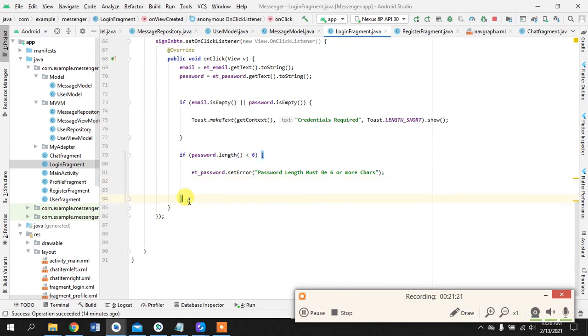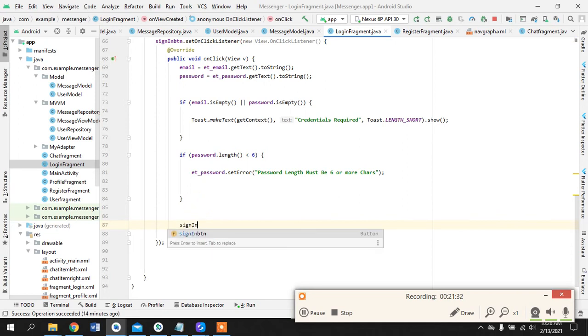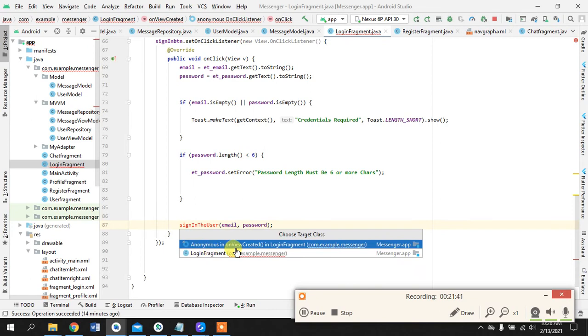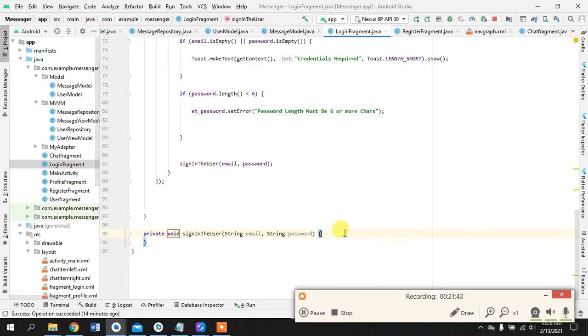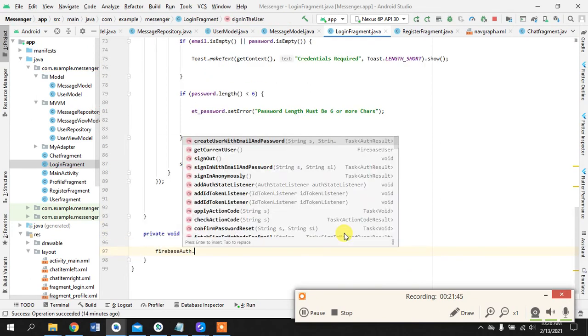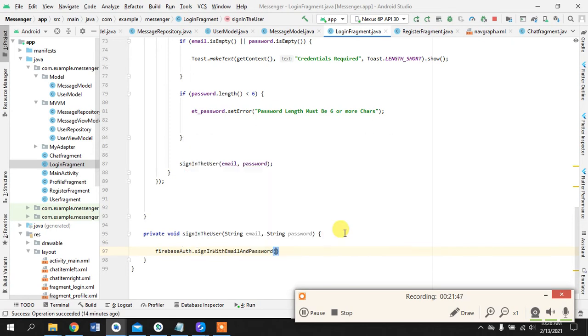Okay, perfect. Otherwise, we can just sign in the user with email and password, and let's create a method. So FirebaseAuth sign in with email and password, add on complete listener,